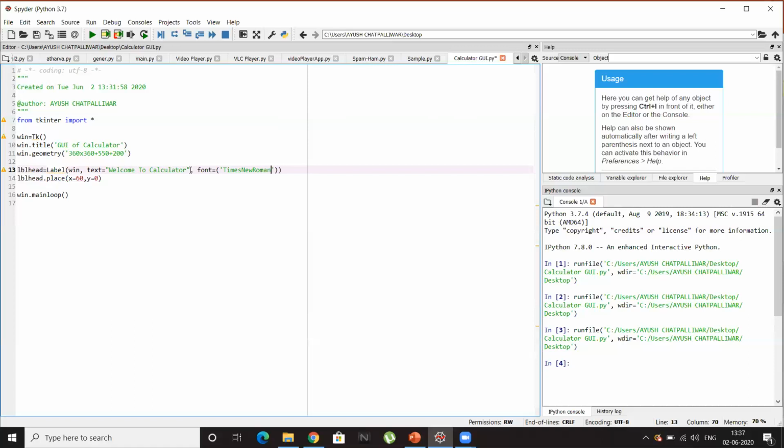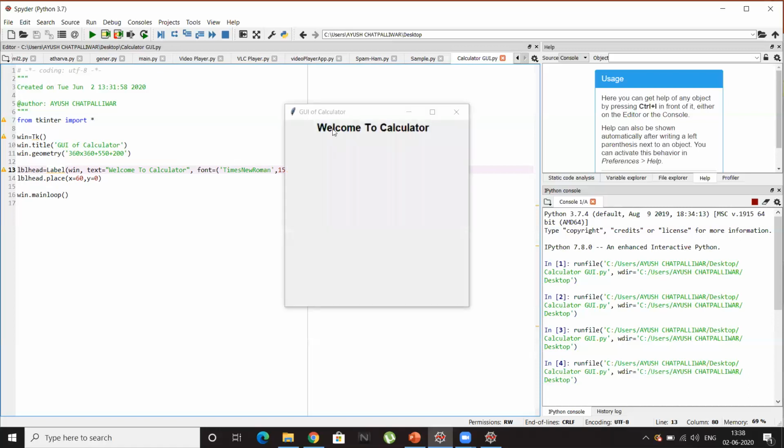Times New Roman, and with a comma, let's give the font height. I'll give 15, and if you want to make it bold, just give bold in quotes. Yes, that's it. I think this will work. Yes, perfect. Welcome to calculator. Its font is bigger and bolder, and it's in black color.